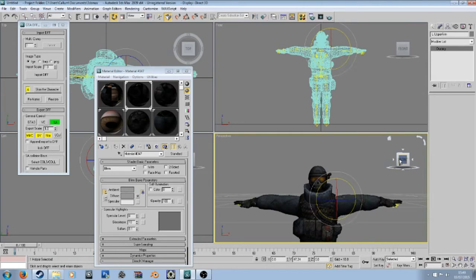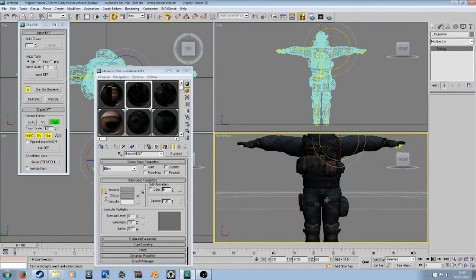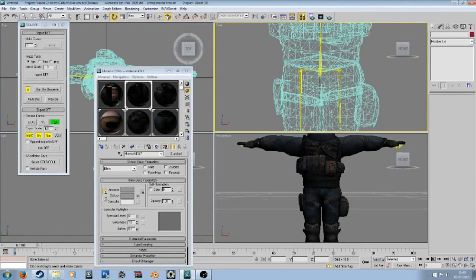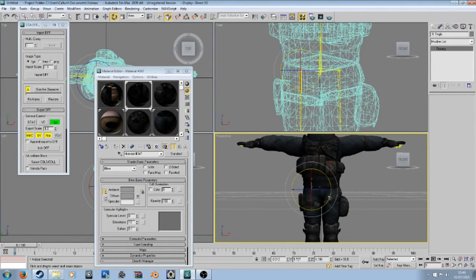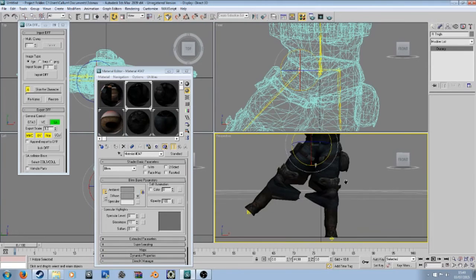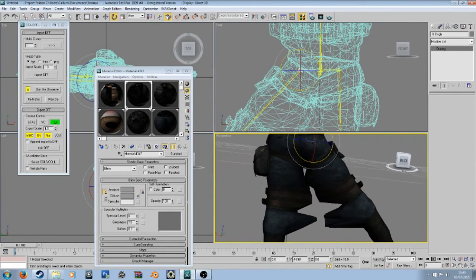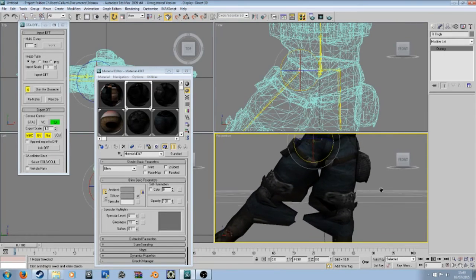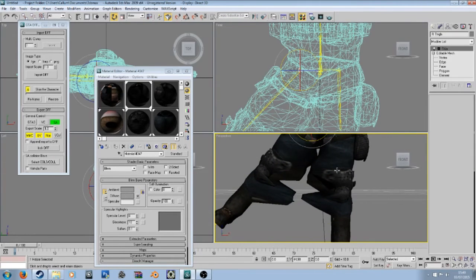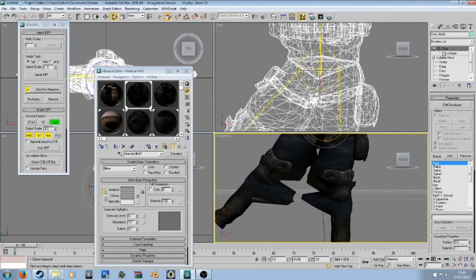So Control Z, back that into place. Now the legs are the most likely places to be bugged when rigging. As you can see, oof, not good, is it? Don't worry, we know what to do. So what we do now is click on the model, click skin, envelope, select the vertex box, and then we